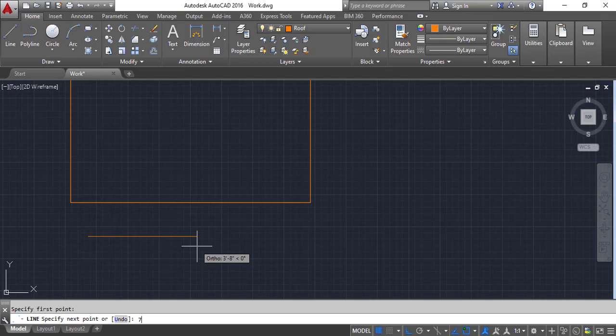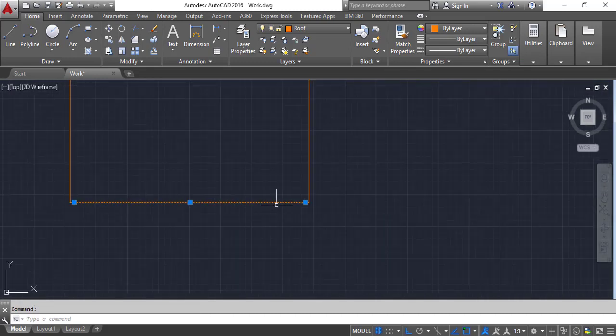7 feet 9, and select this line, move, you want to select the midpoint and click this midpoint. You can see the difference here,